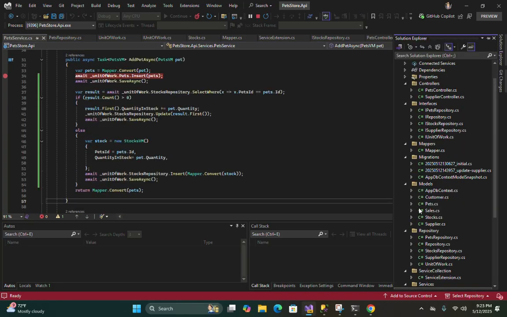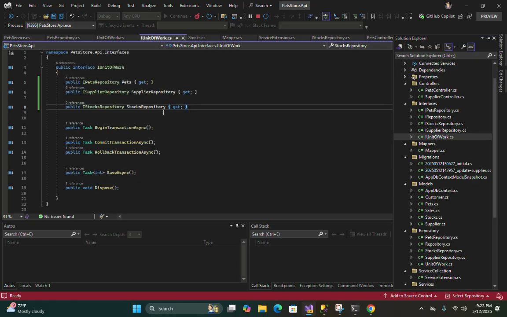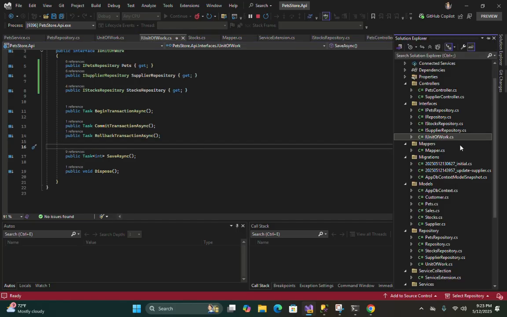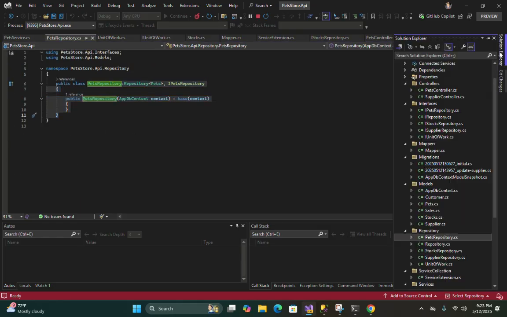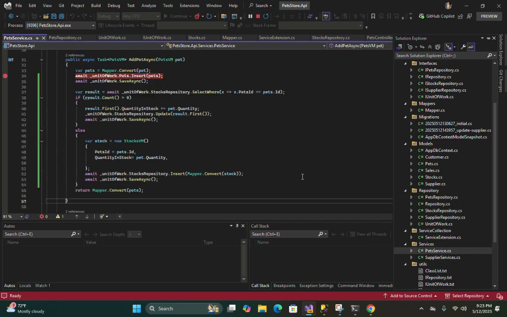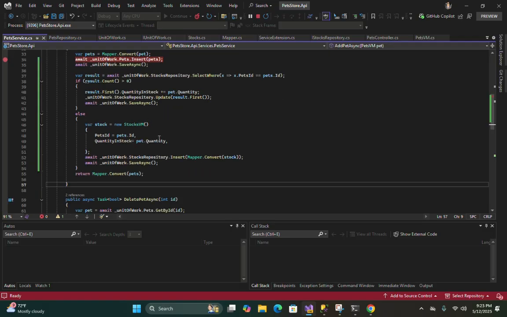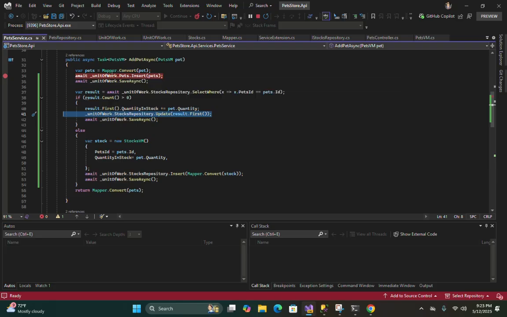Alright, now we need to do work with the transaction scope, right? Before I have taught you the transactional scope, right? Look, a begin transaction, commit transaction and roll back the transaction. Here the case and scenario appear, right? So let's imagine if you fail to update the stock table and the pets is already created, right? So you need to roll back all these transactions, right?